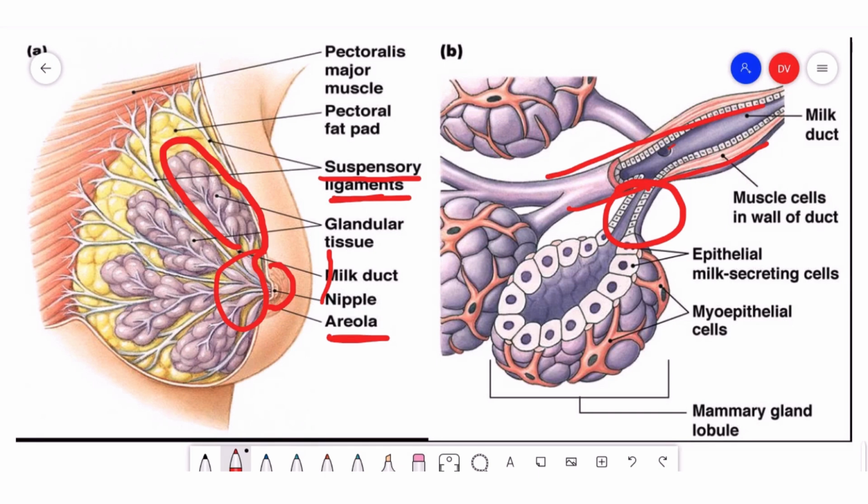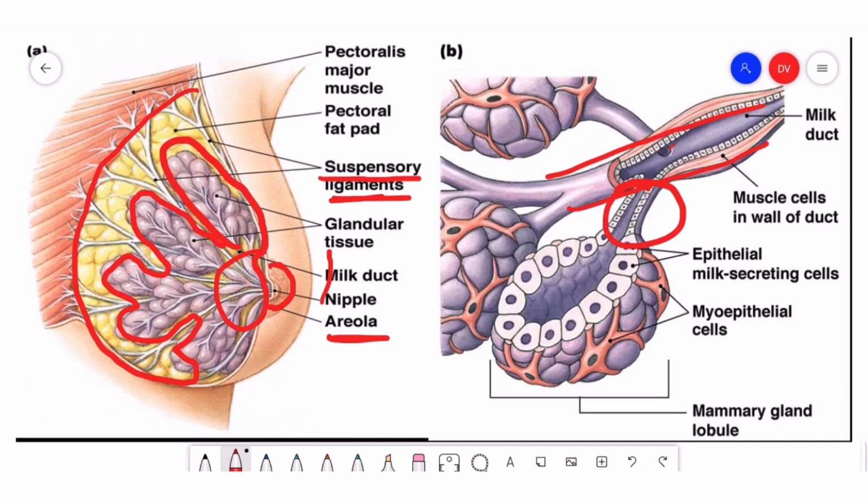And you guys already know that these mammary glands are accessory female reproductive glands, and they produce and release milk after parturition, that is, after delivery. And if you ask me when the development happens, after puberty. In non-pregnant women, this glandular tissue is underdeveloped. All the yellow portions, the hypodermis part, are the fat. The violet portions are the glandular tissue. Only when they get pregnant does it start to develop.